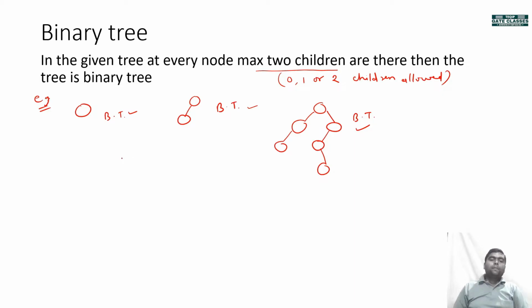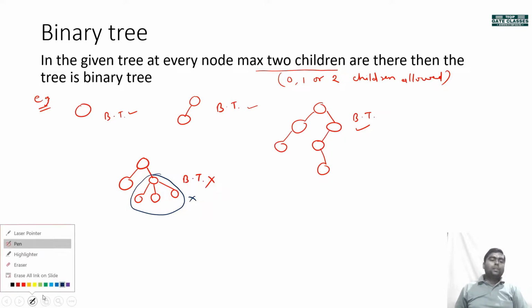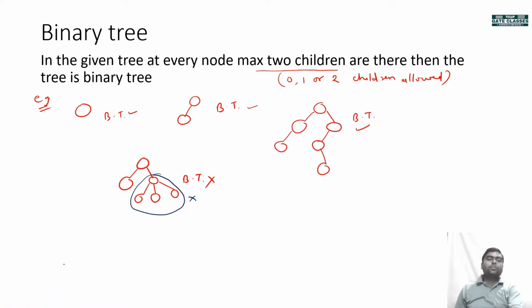That's why. But if I talk about it like this, so like this, okay, this is not a binary tree. It is not a binary tree. So where is it violating the condition? It is violating the condition at this particular point, because this node is having three children. That's why it is violating the condition, because at most two children are allowed. Okay, fine. So I hope that this is clear. This is the basic concept of binary tree.